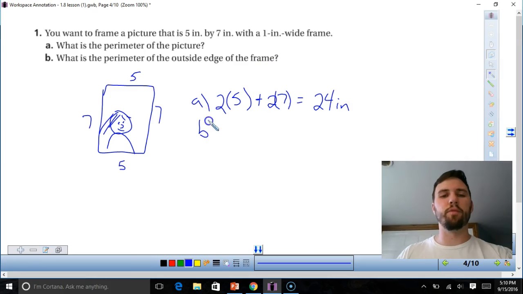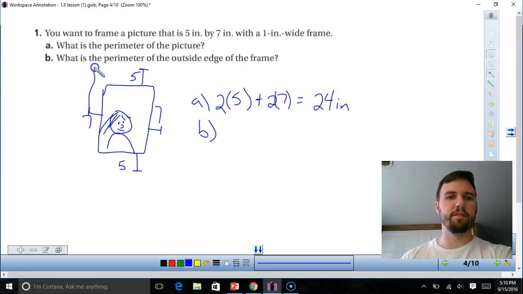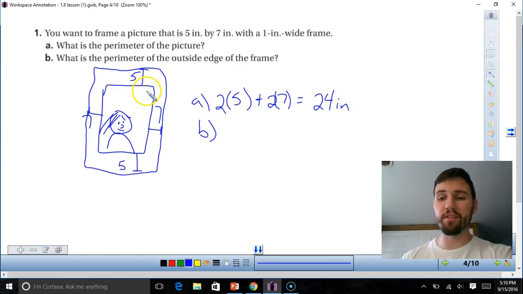Now B says, what's the perimeter of the outside of the frame? So you have an inch space all around it. So I have an inch here, an inch here, an inch here, an inch here. What a lovely curvy frame. So I'm adding 2 inches to my length and 2 inches to my width. So my new measurements would be